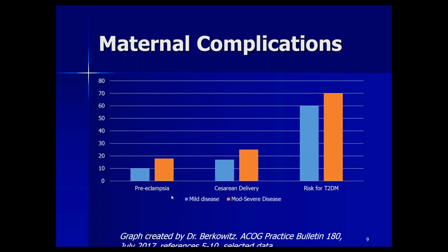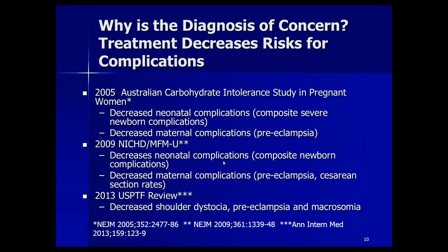But again, just graphically, what I'm showing you here from a selected set of data off of the ACOG Practice Bulletin 180 is the increased risks for preeclampsia, cesarean delivery, and lifetime risk for type 2 diabetes. The other thing that's important is there's no point diagnosis